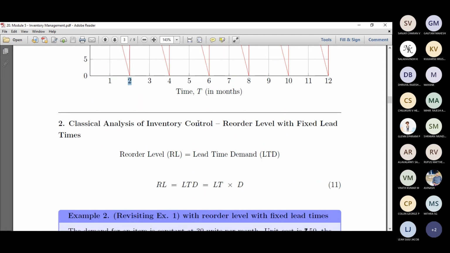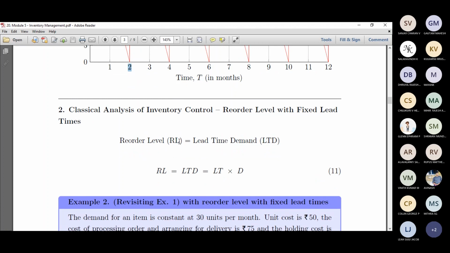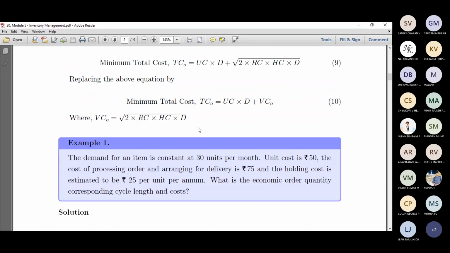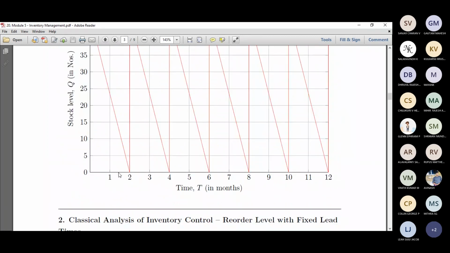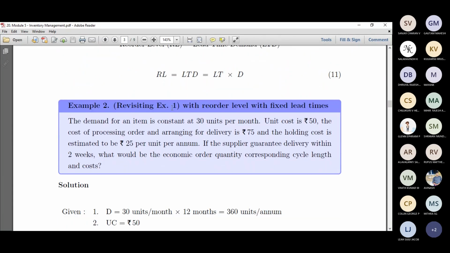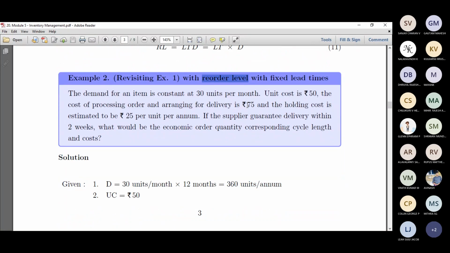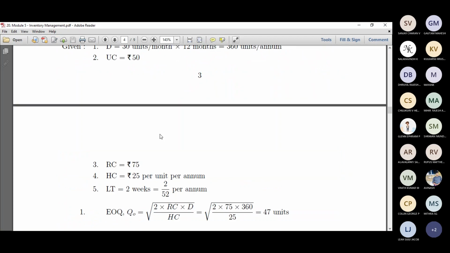So the formula is reorder level, which is RL, which we did not consider earlier because we had assumed that replenishment of stock is instantaneous. Right, only that. And in this case, we have something called reorder level, which means that we take the same problem, but instead of the stock being replenished without any delay, we have something called lead time.